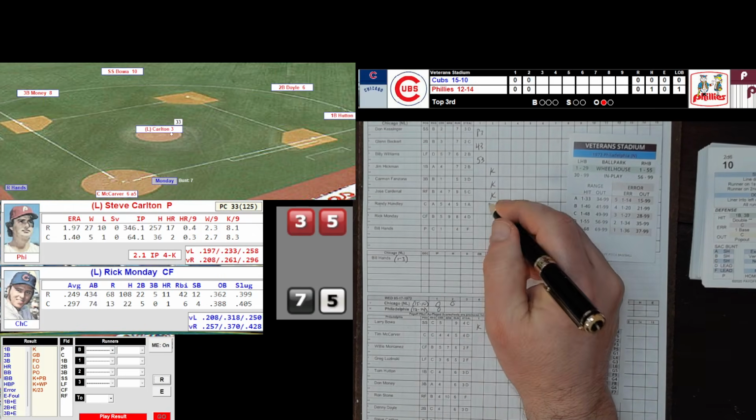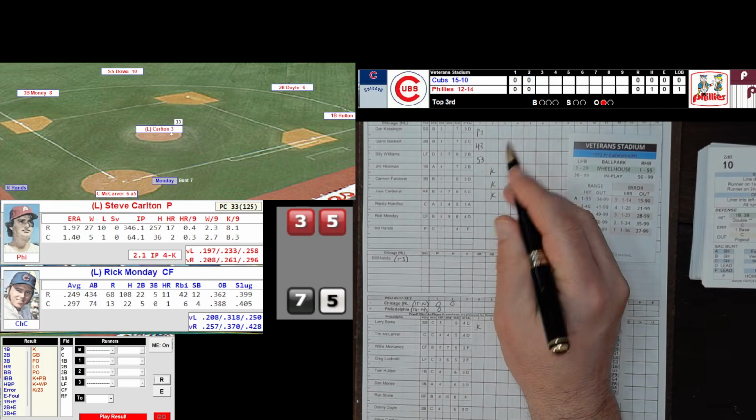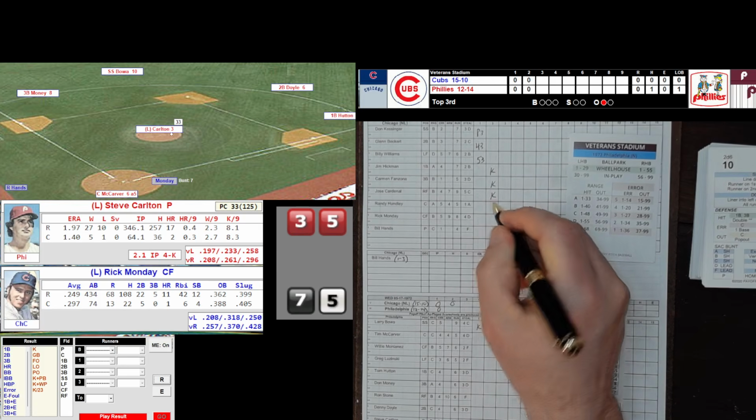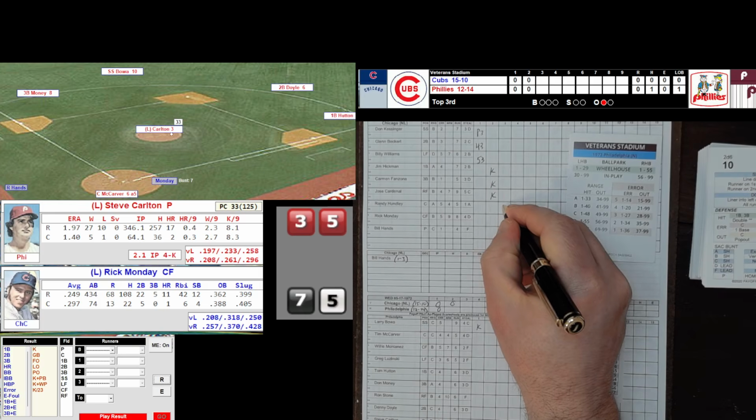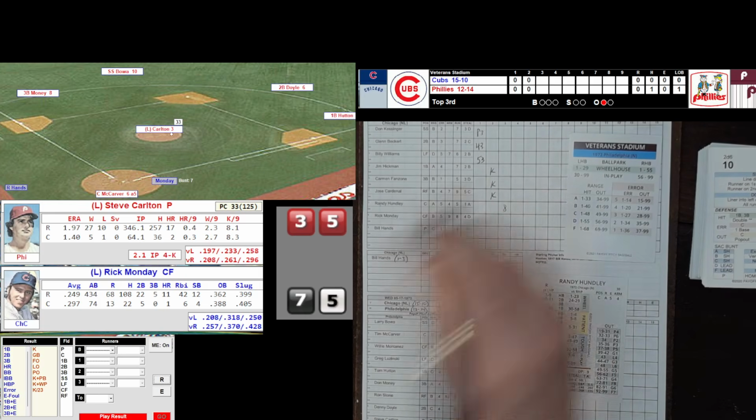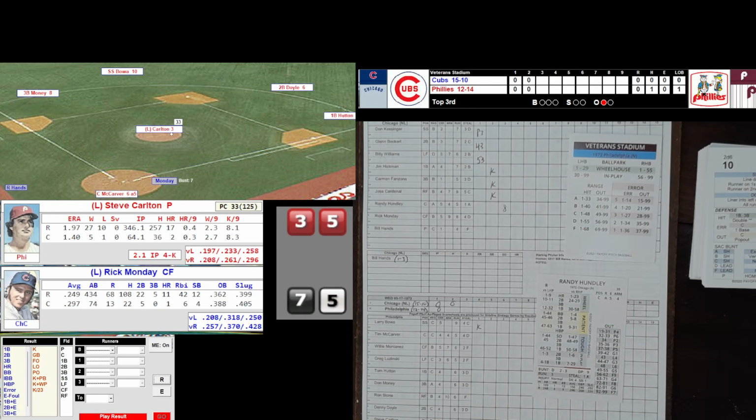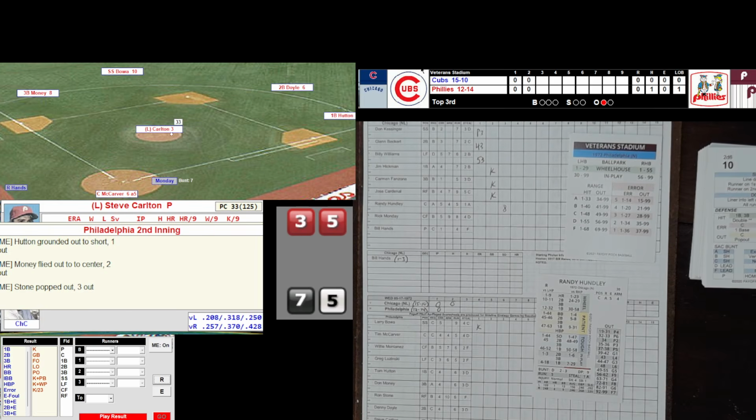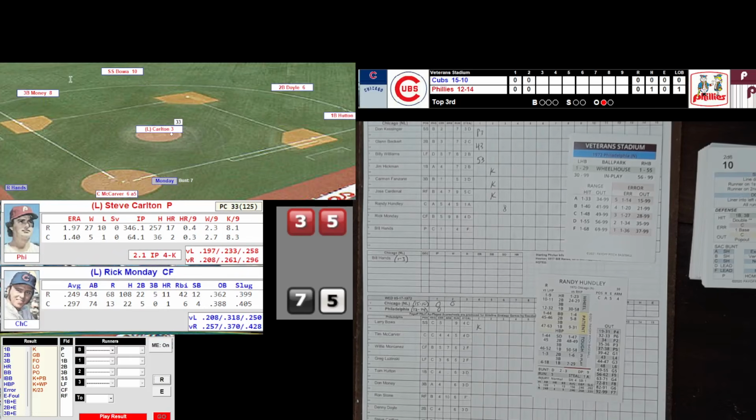Oh, I'm not doing my score sheet correctly. That's the problem. Why wasn't I scoring the stuff down here? I don't know. For some reason I forgot to score the Phillies stuff. So let me go look at these reports real quick and get the play-by-play so that I can properly score